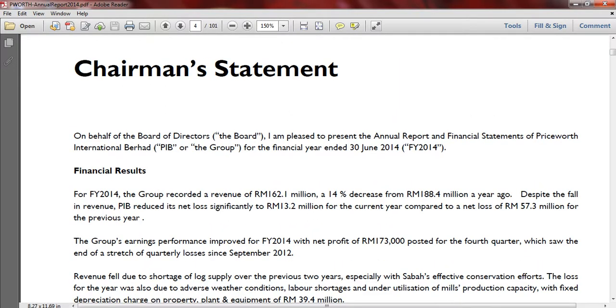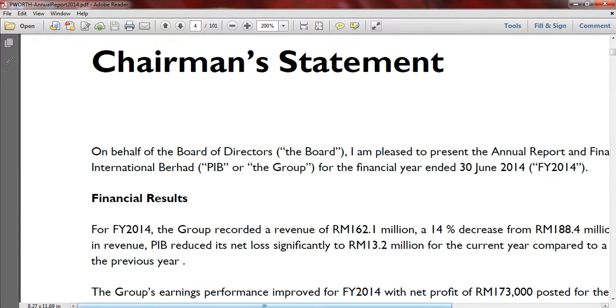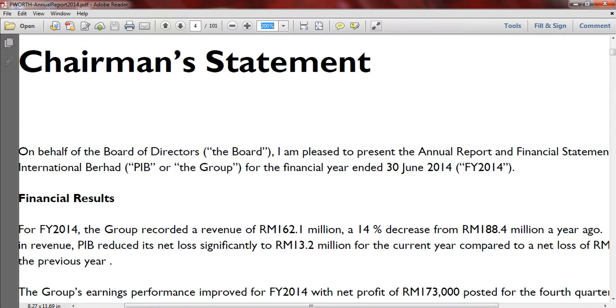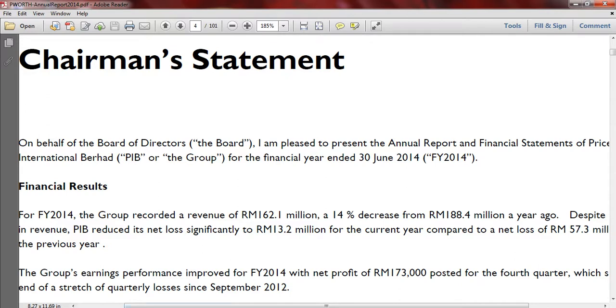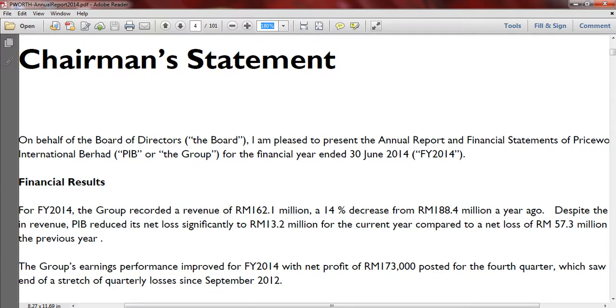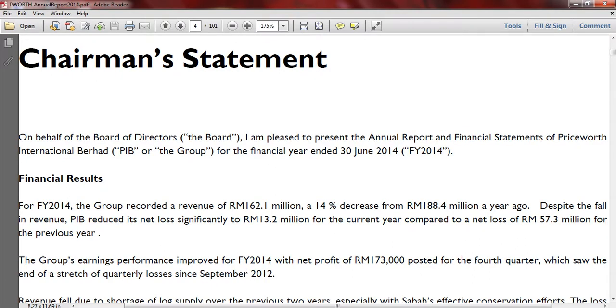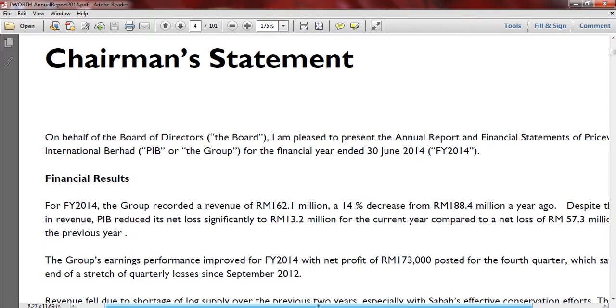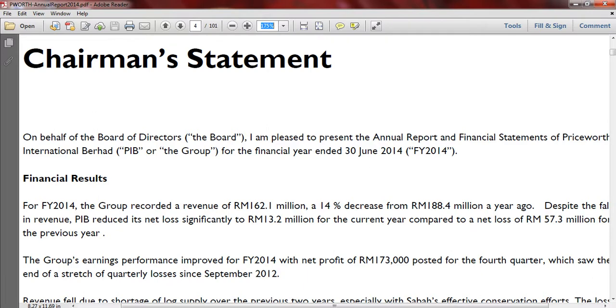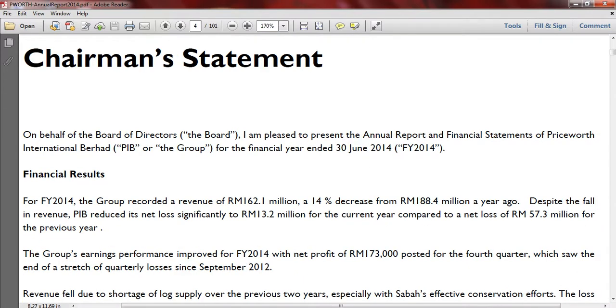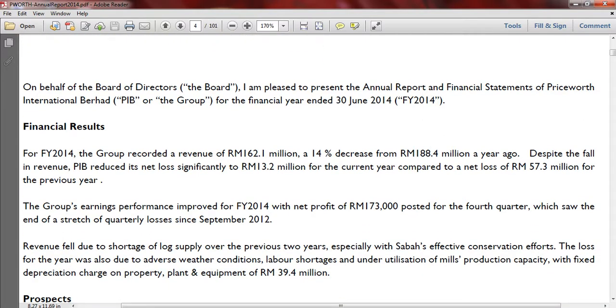Let's have a view of the chairman's statement. Perhaps I zoom further, just a bit more. 185, let's see. Still too big, cannot fit it. Under 175. Pricewood on behalf of. So this 170 is the right proportion. At first we only concern ourselves with this one,